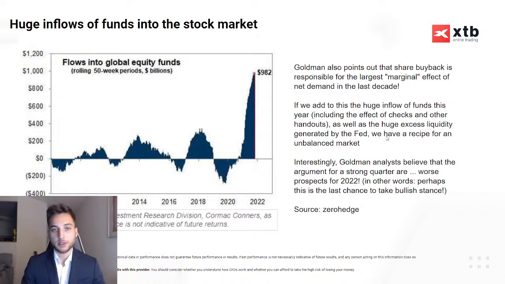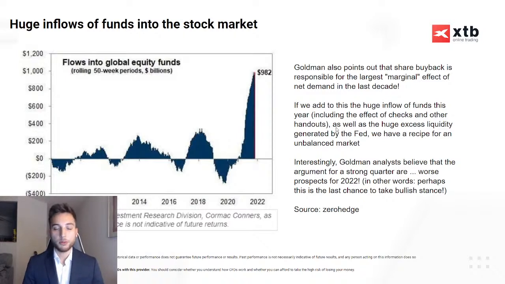And this is really something that I've been saying almost since the beginning of the pandemic, with the reaction of the central banks, that everything had to lead to something at the end. We're approaching the final stretch here. In addition, interestingly, Goldman Sachs analysts believe that the argument for a strong quarter is worse prospects for 2022. In other words, perhaps this is the last chance to take a bullish stance on the indices, because the economy probably is going to continue to recover with the reopening and all of that. But as we've pointed out in the past,